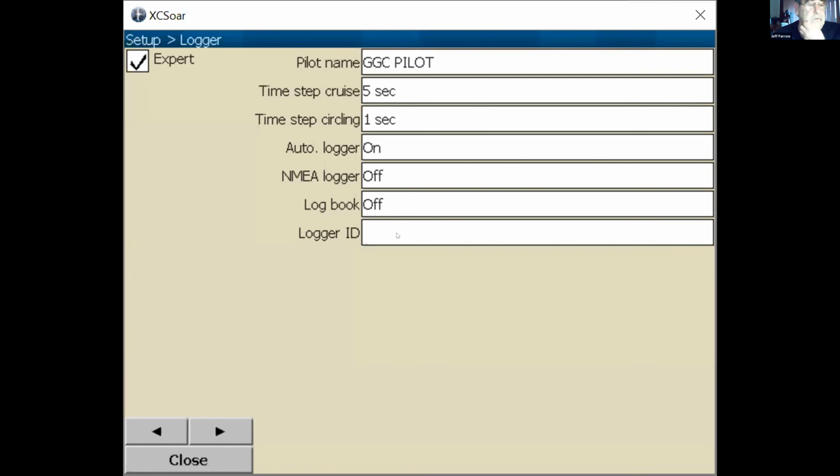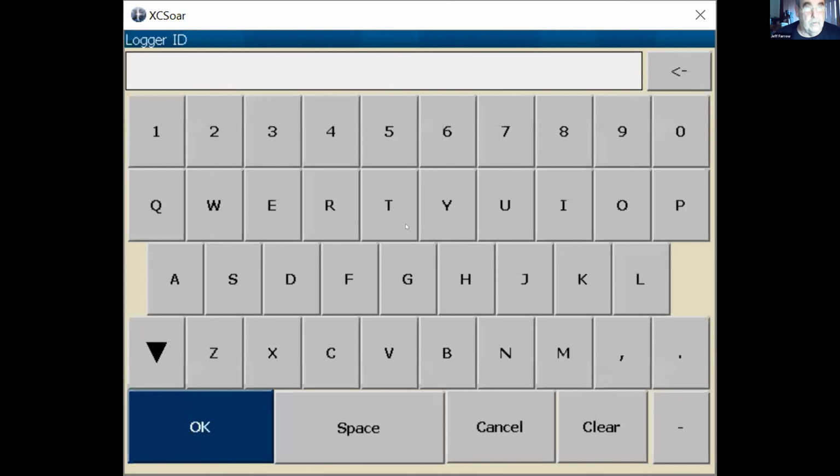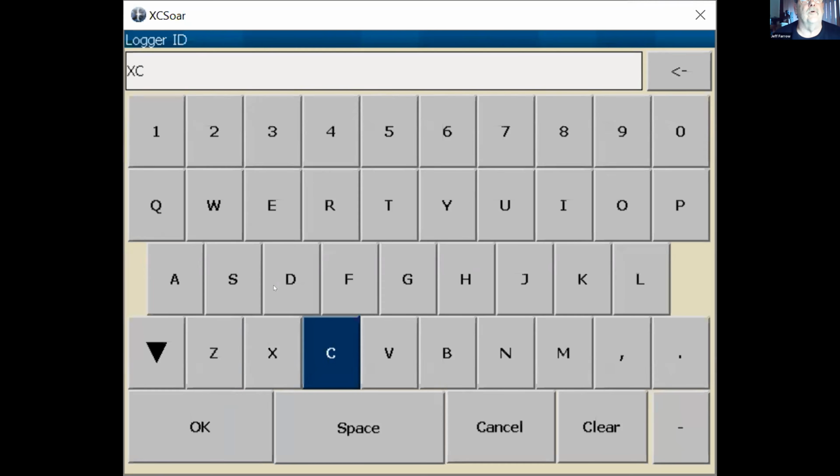Logger ID is a name that gets incorporated into the file name. The official FAI file name allows three letters for that. So I just put XCSoar, but you can put anything you like, but it'll become the letters that appear in the log file of the name of it.